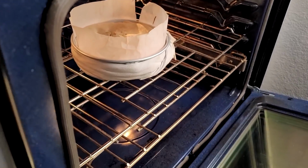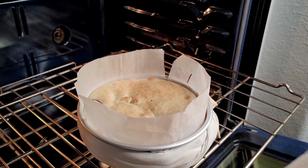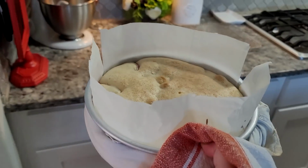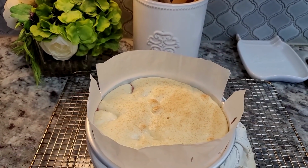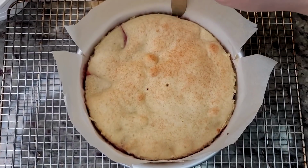It has been around 37 minutes and my cake is ready, so I'm going to remove it from the oven and let it cool for 15 minutes. I still want this warm when I flip it out onto my cake platter because those strawberries will produce their pectin and juices, and it sort of becomes sticky the cooler that it gets, and I don't want it to stick to my pan. So I'm going to use a butter knife to run along the edge of the cake